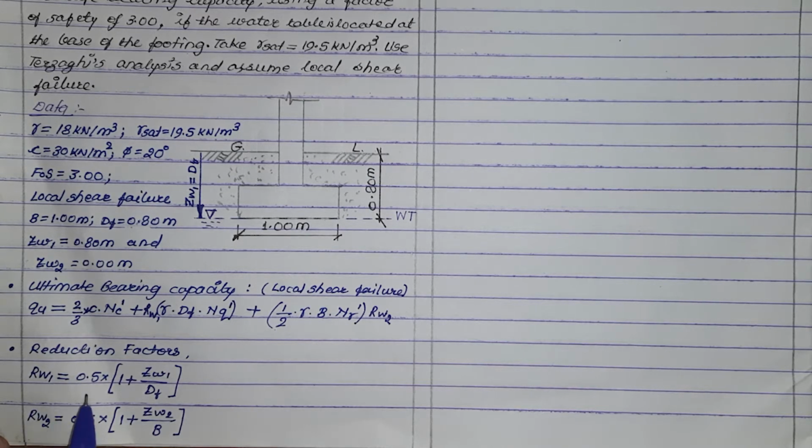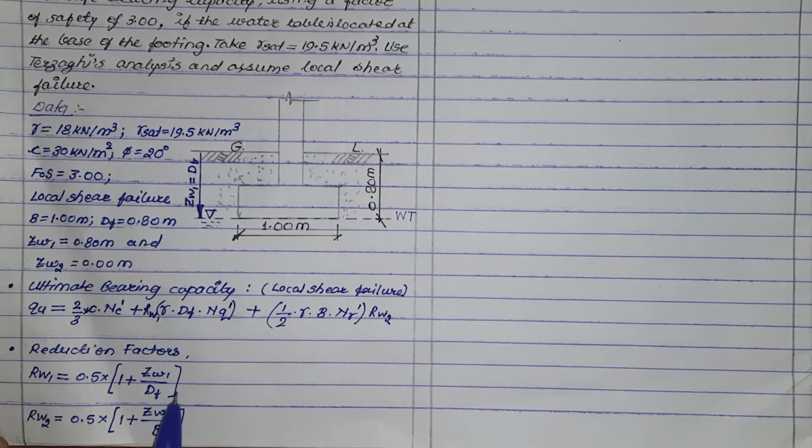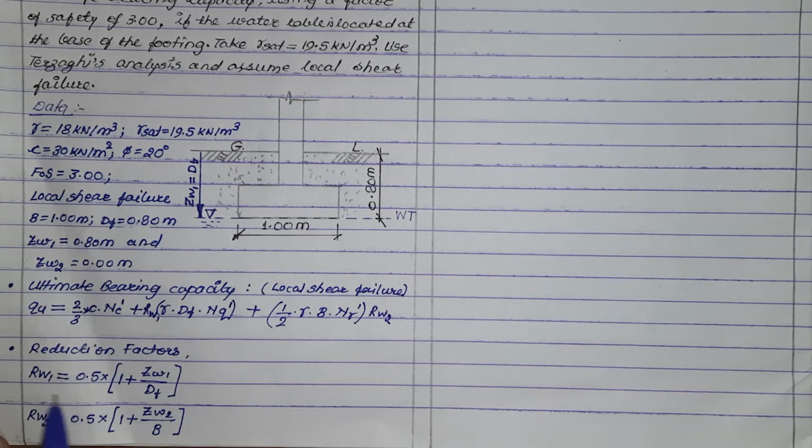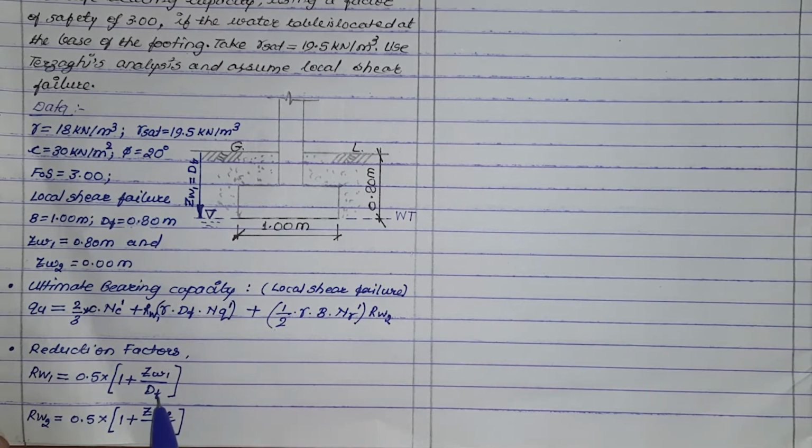RW1 is calculated as 0.5 multiplied by square bracket 1 plus ZW1 upon DF square bracket complete. In this equation, ZW1 is depth of water table from the ground surface, which is shown in the diagram, and DF is depth of foundation. Therefore,